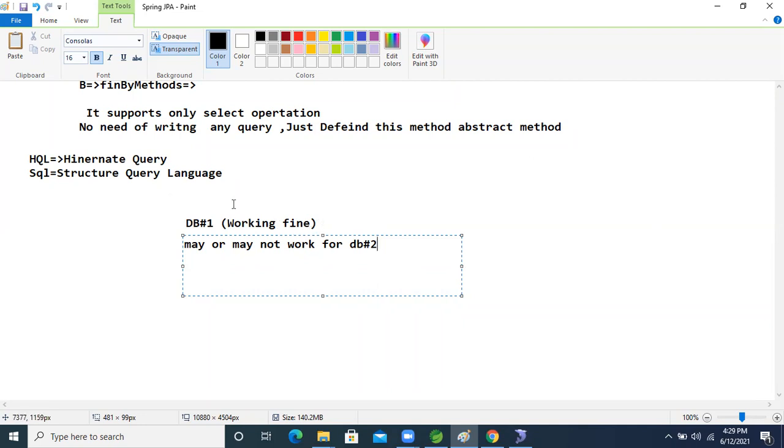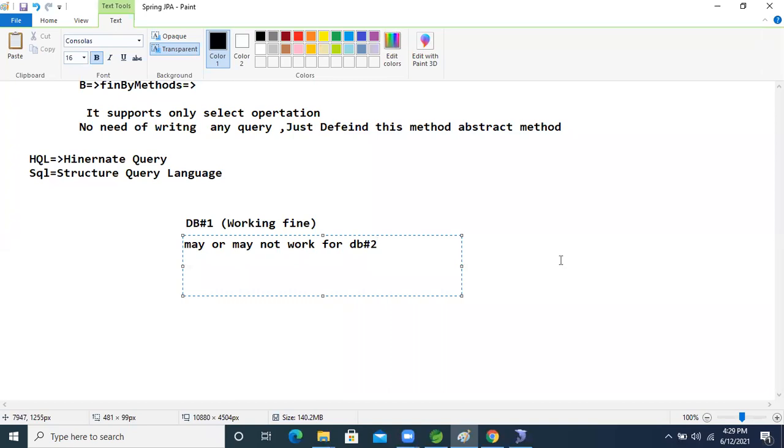Just think, the first database is MySQL, and the second one we are choosing is Oracle. In MySQL, int is there, and in Oracle, number is there. So the syntax is different, so it may or may not work. Our application will fail, because the data type syntaxes are different.